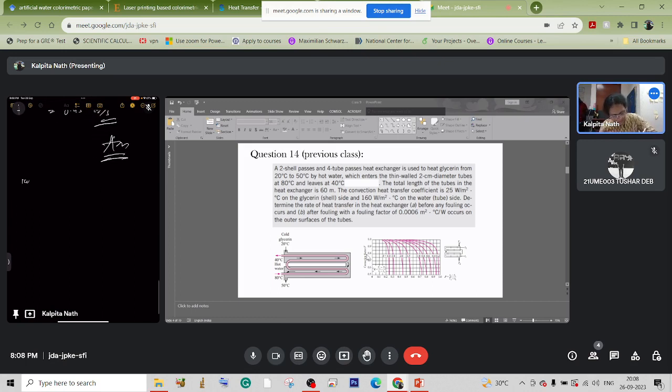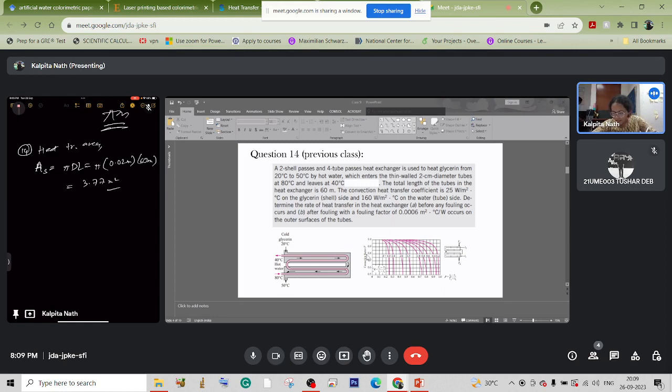Just one second. So the heat transfer area is pi dl, equal to pi into 0.02 meter into 60 meter. So this will be 3.77 meter square. So the rate of heat transfer